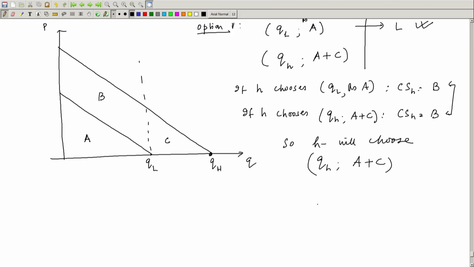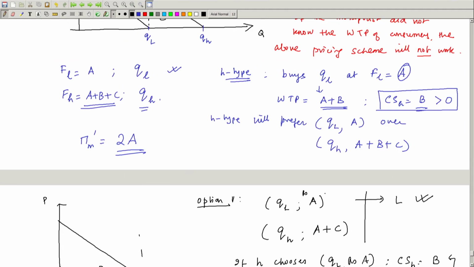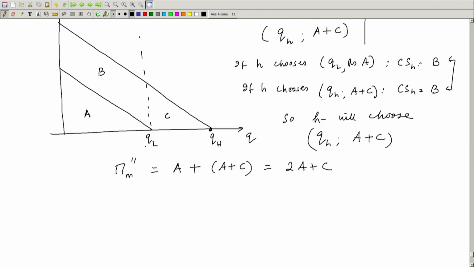Now notice the profit of the monopolist is going to be A from the L type consumer, and then he is going to get A plus C from the H type consumer. So, he is going to get 2A plus C, which is clearly better than the profit of 2A that he was getting earlier. So, by offering two different quality levels and making the type H consumer indifferent,